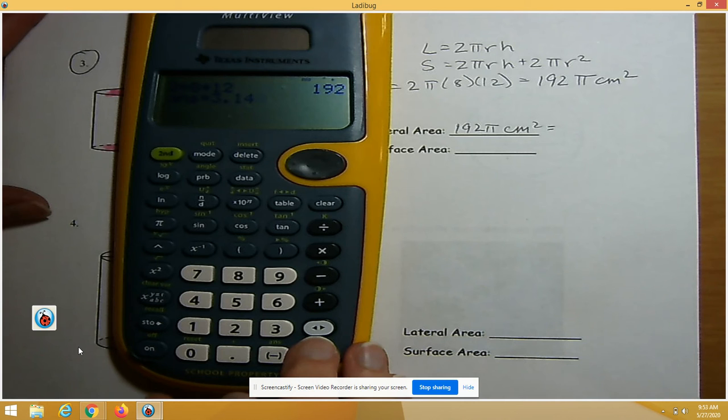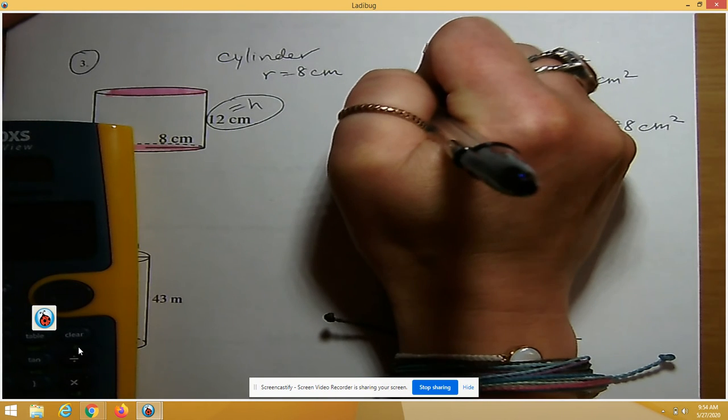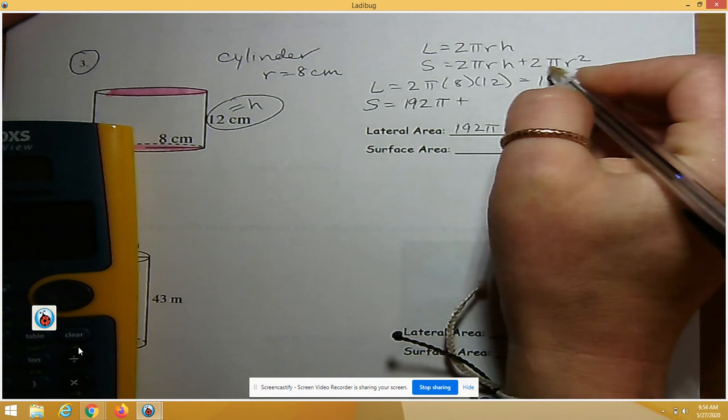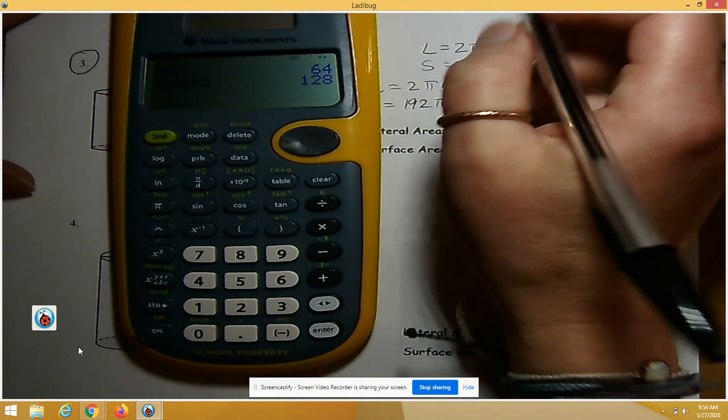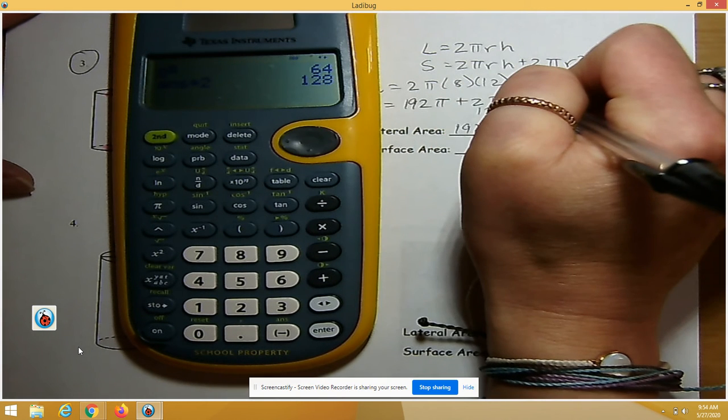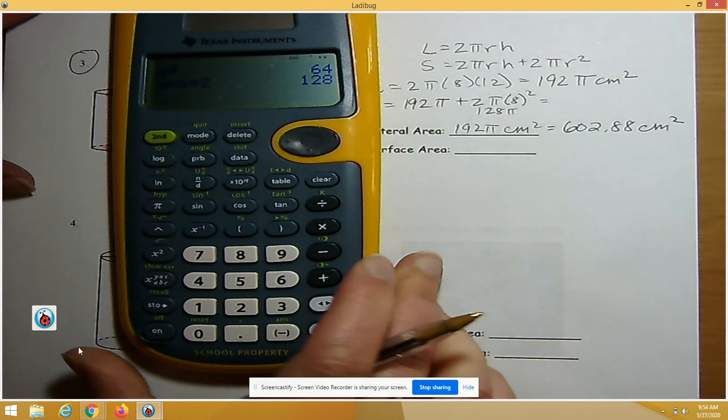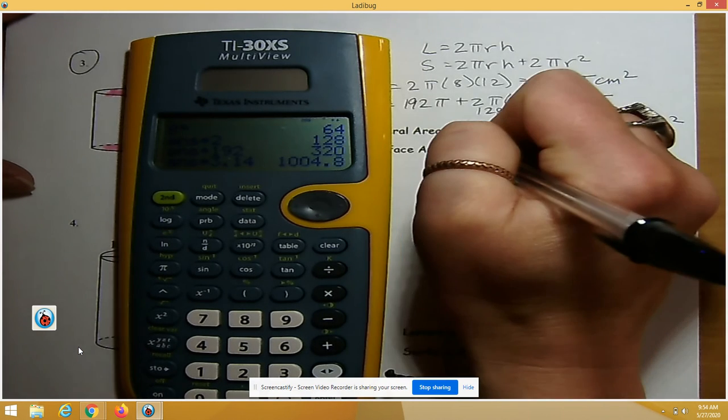Now, for the surface area, I'm going to take that 192 pi, and I'm going to add 2 pi r squared. So 2 times pi times 8 squared. All right, well, 8 squared is 64 times 2. So this is 128 pi, and I'm going to add 128 to 192, and I get 320 pi. Okay, and now I can take that and multiply by 3.14. So the exact answer is 320 pi centimeters squared, or